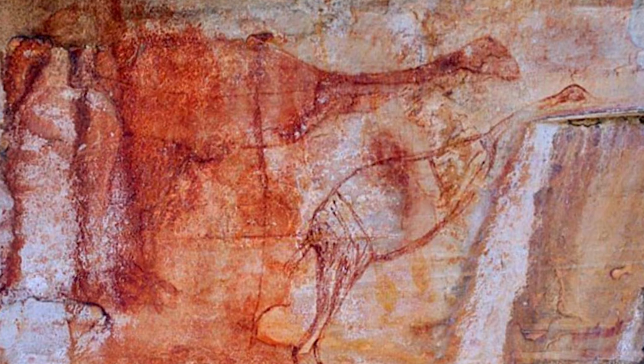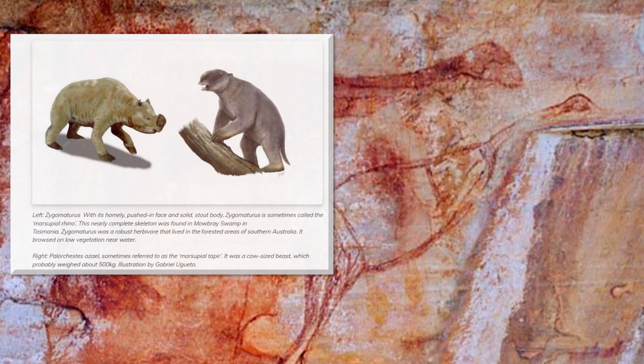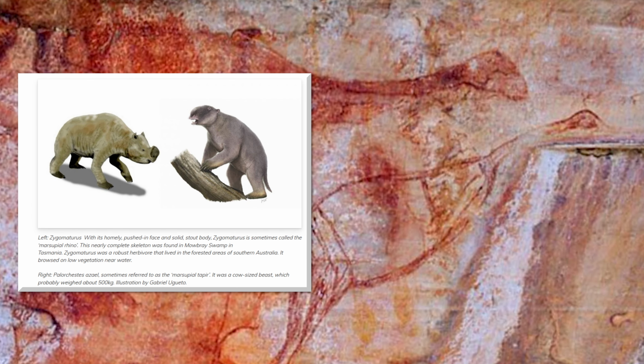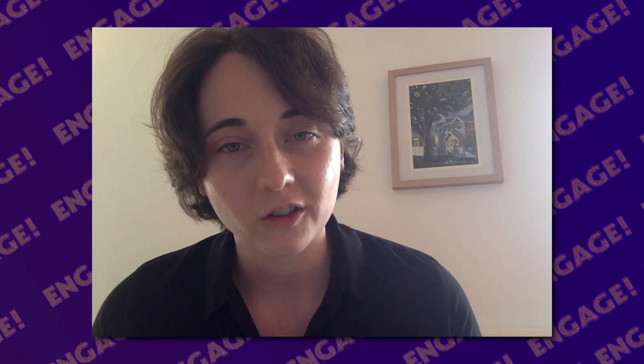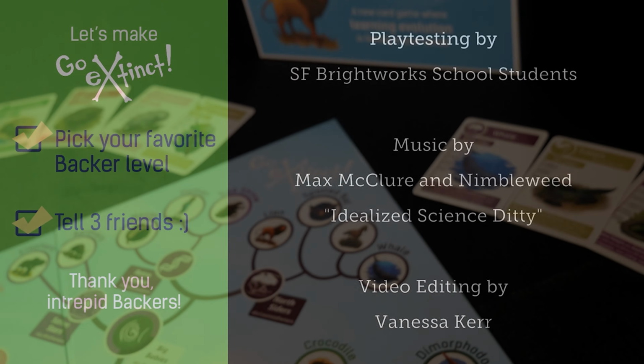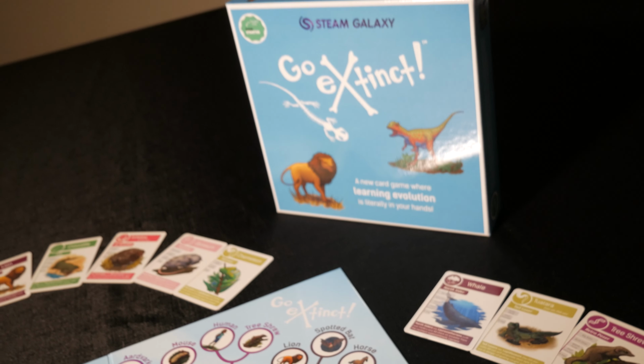Some information we only know because of the indigenous knowledge that's conveyed through stories as well as through rock art and petroglyphs and even the names themselves. So it's really cool to explore that biology as well as the history of humans as natural historians on the Australian continent. I ran a Kickstarter for the original Go Extinct,